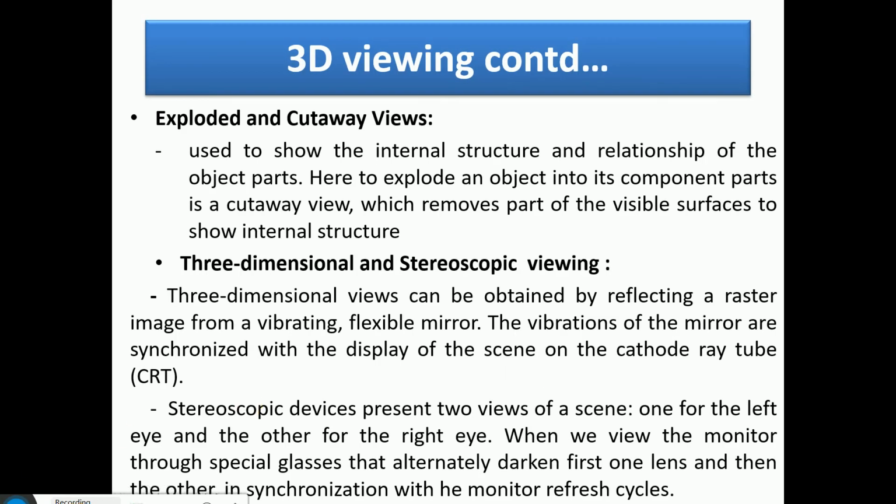Hello friends, last class I discussed depth cueing, identifying visible lines and surfaces, and one of the important methods, that is surface rendering, right? Today I'll discuss exploded and cutaway views. As you know, many graphics packages allow objects to be defined as a hierarchy structure